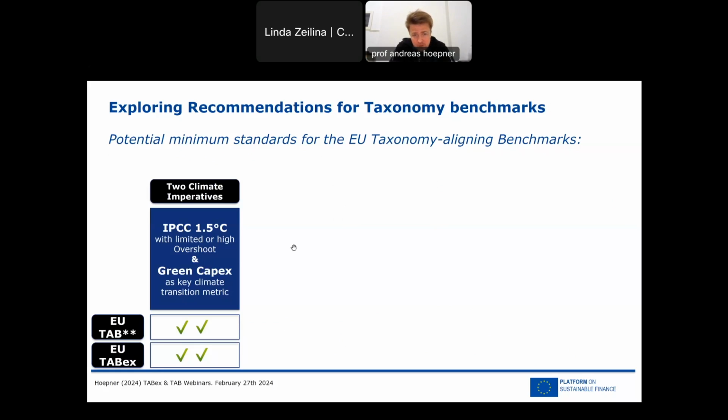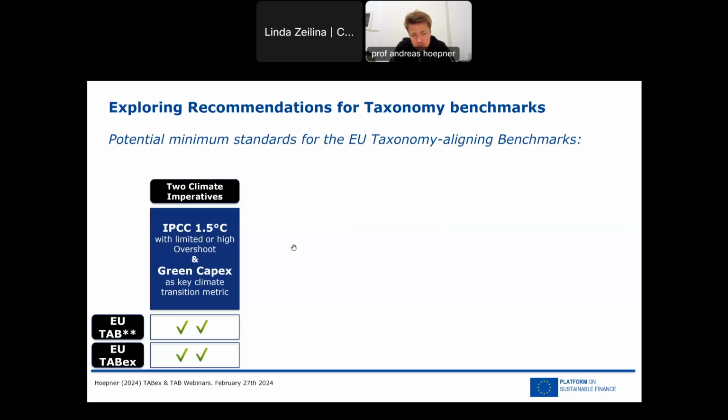So we're not starting from -30, -50, we start from ±0, as was demanded in stakeholder feedback, for instance, from some members of the Net Zero Asset Owner Alliance. And so we're not being able to say that this is necessarily no overshoot or even limited overshoot. This is most likely high overshoot.